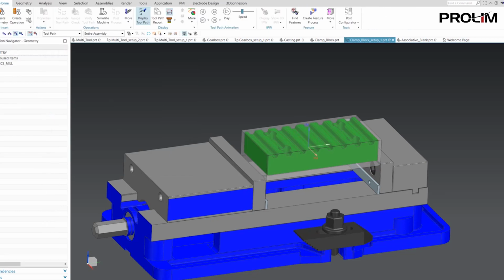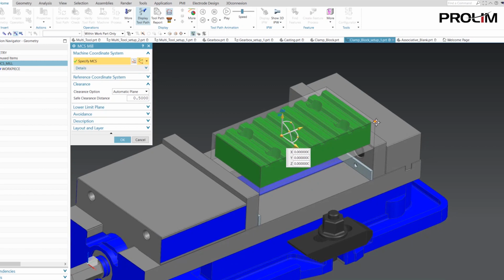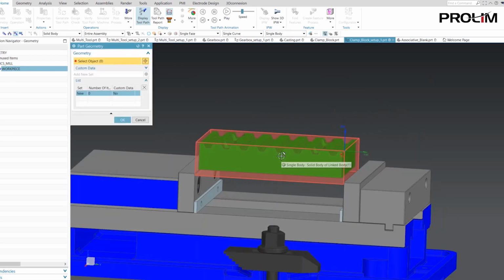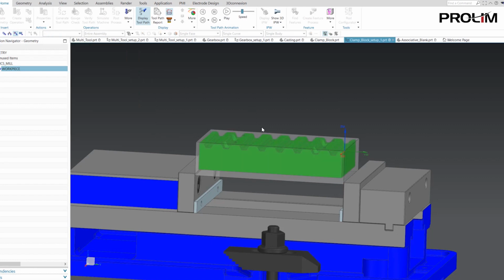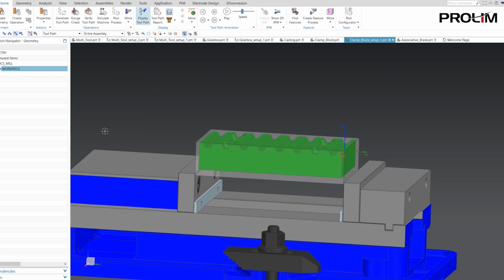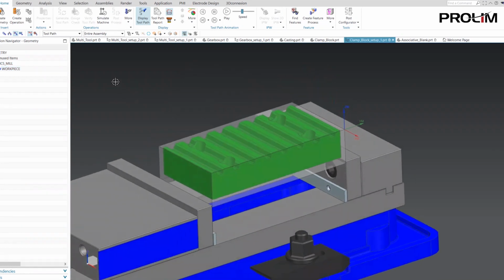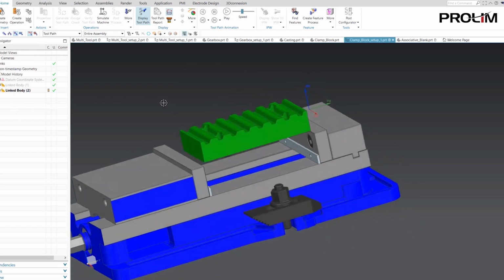Now back in the manufacturing file, we can once again define our MCS mill position. Place that on a corner. And define your workpiece once again as your linked body of your master model. And your blank is your linked body of your blank. You can hide your blank away and continue with your